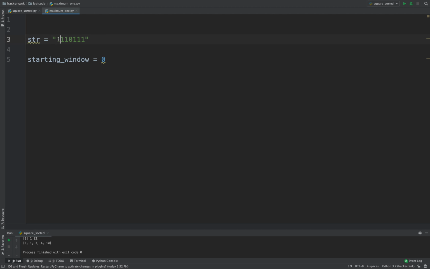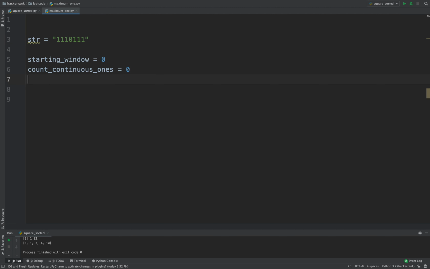Then, if continuous ones are coming, that is another count. When continuous ones occur, it increments the count by 1.